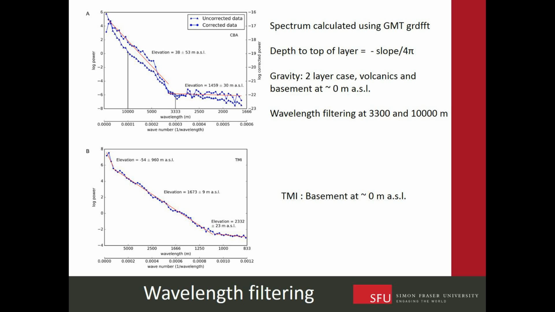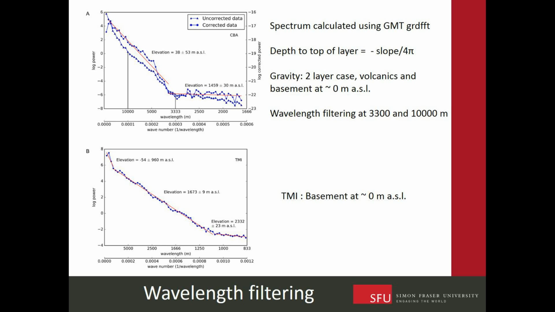So to try and separate the basement from the surface effects, we're looking at some wavelength filtering. And so spectral analysis, calculating the power spectrum of the gravity Bouguer anomaly here and the magnetic anomaly here. And just by doing some curve fitting, we can come up with these estimates as a ballpark of the depth of these interfaces. So in the gravity, we've got a two-layer case with the volcanics overlying a basement